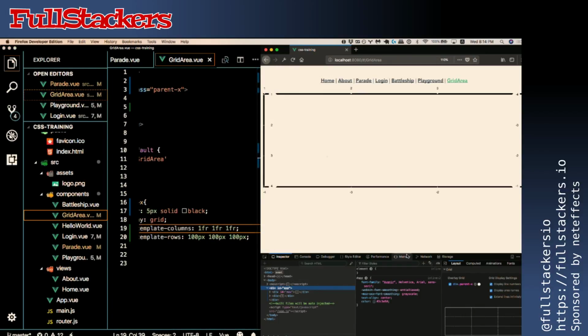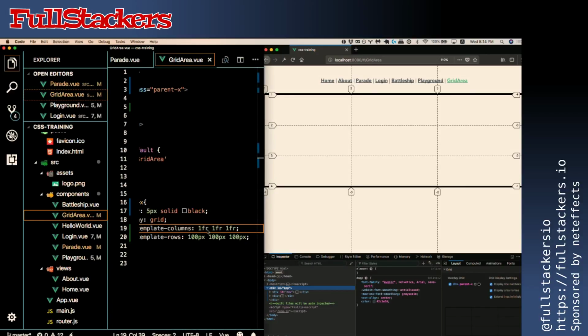Okay, and now we have a box that spans the entirety of the container that has 3 rows and 3 columns. The rows are 100 pixels tall, and the columns are 1 fraction wide. And what that fractional unit means is that it calculates the available free space in the container column-wise, so x-axis-wise,